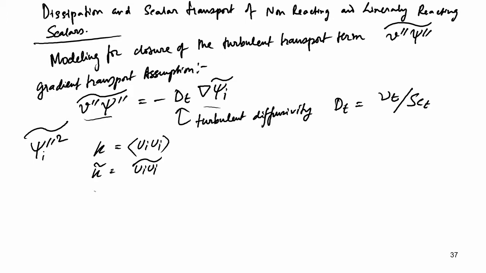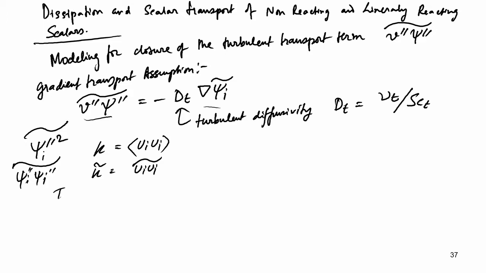So, here we have xi_i times xi_i, but here i is not in terms of the direction but in terms of species. So, this is essentially this term, and it is analogous to the turbulent kinetic energy. So, we need an equation for that also, but first we have an equation for this thing,